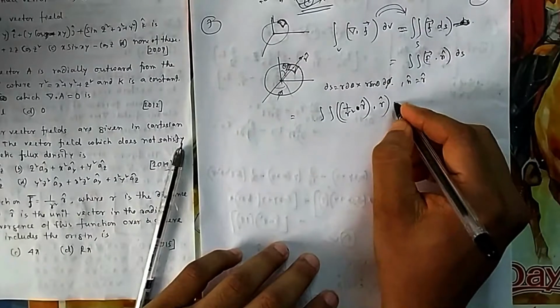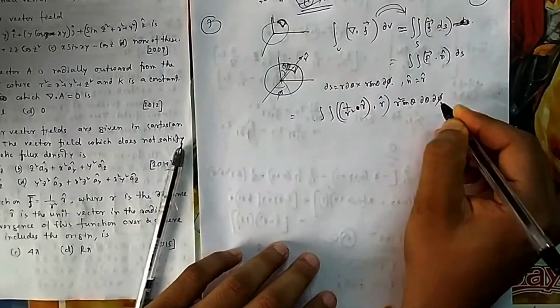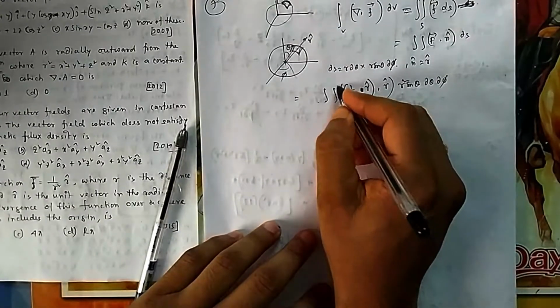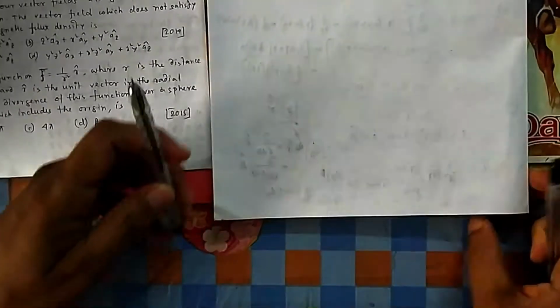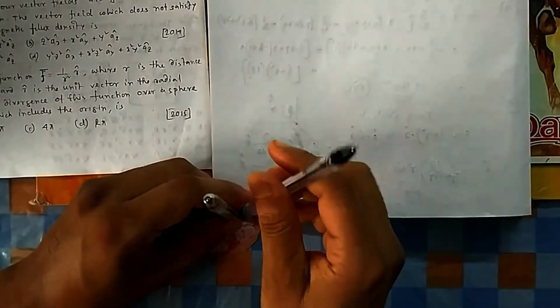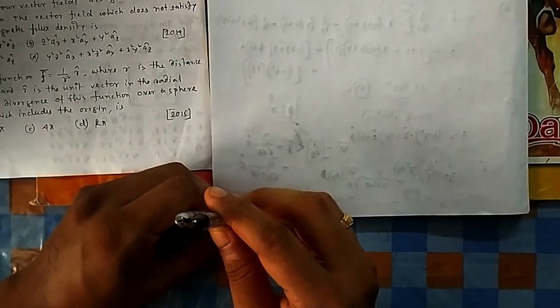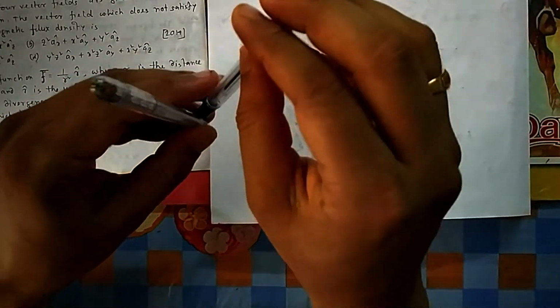And instead of ds we will write r² sin theta d theta d phi. Now you have to put these limits. So what will be the limit? You know phi you have to rotate. If this is your axis, phi you have to rotate the full circle. And theta you don't need to rotate full. You rotate from 0 to 90, then 90 to 180 in the lower portion, because this is my theta.